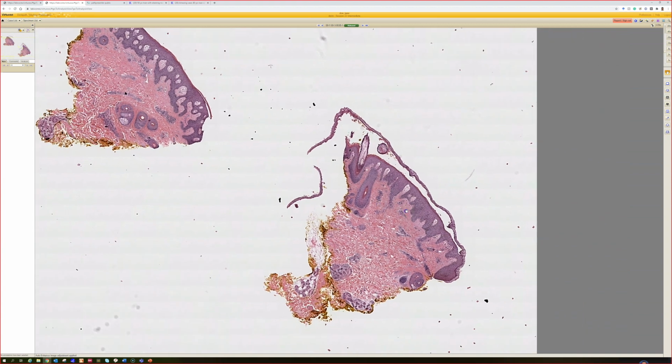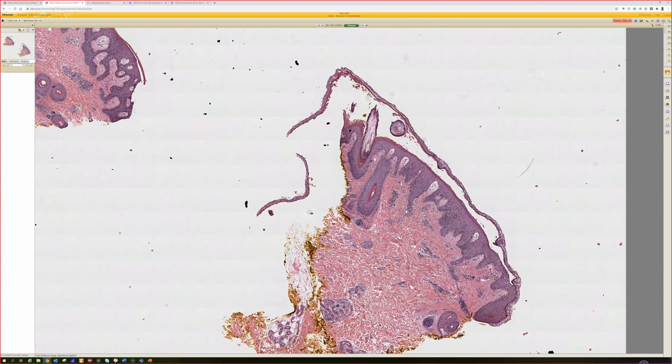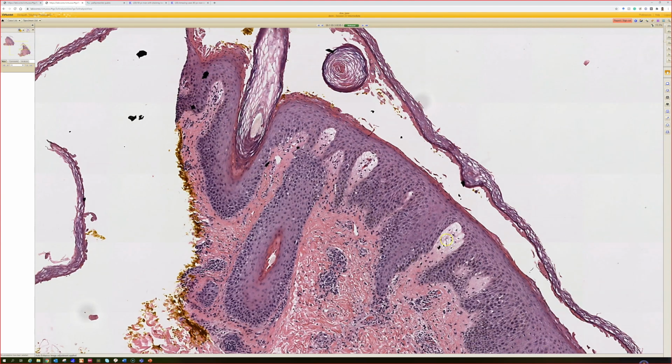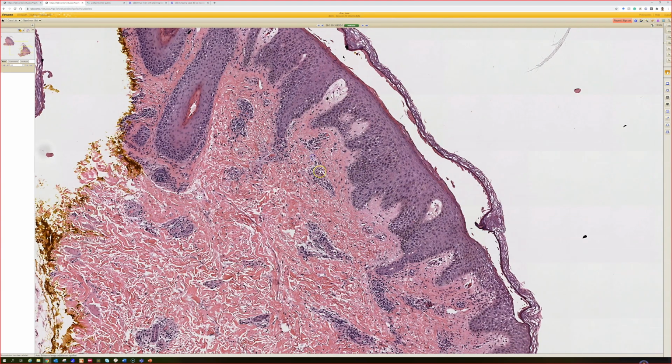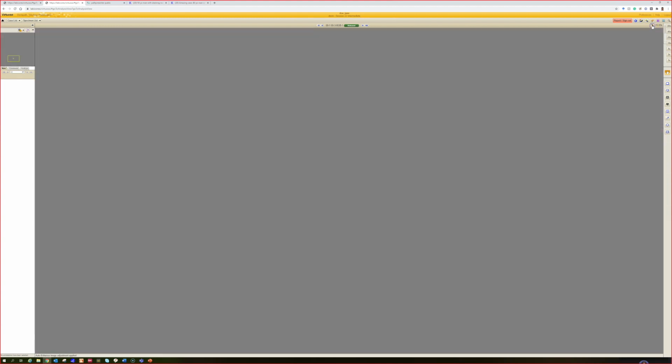So there's a split just below the stratum corneum. It looks like maybe in the granular layer. And then a little bit of papillary dermal edema that I'm seeing from this view, and some perivascular inflammation as well. A split through the granular layer makes me think of pemphigus foliaceus, staph scalded skin, or